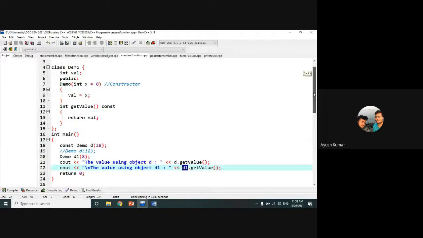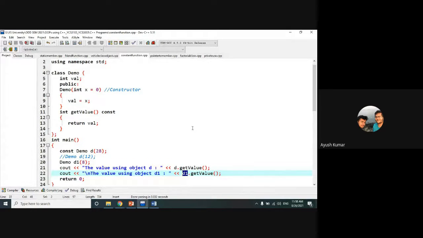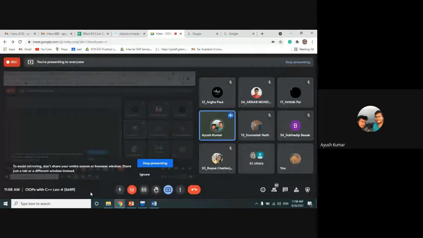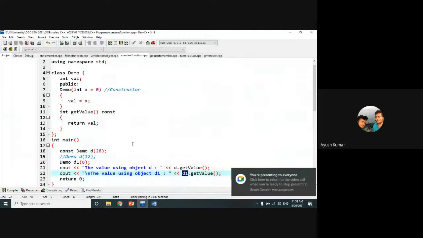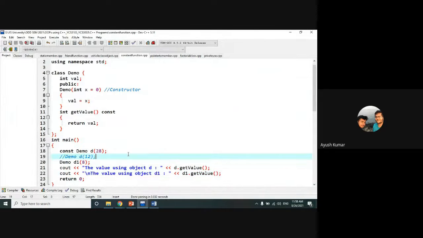Sir, in object argument passing, in the program that you have shown, we have taken two objects. Without declaring a new object or new memory space, and without initializing the value, how does it print that value?